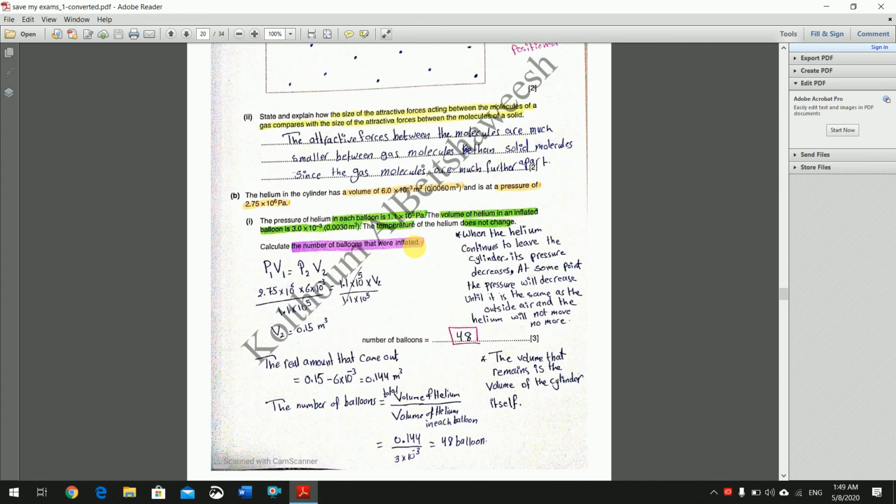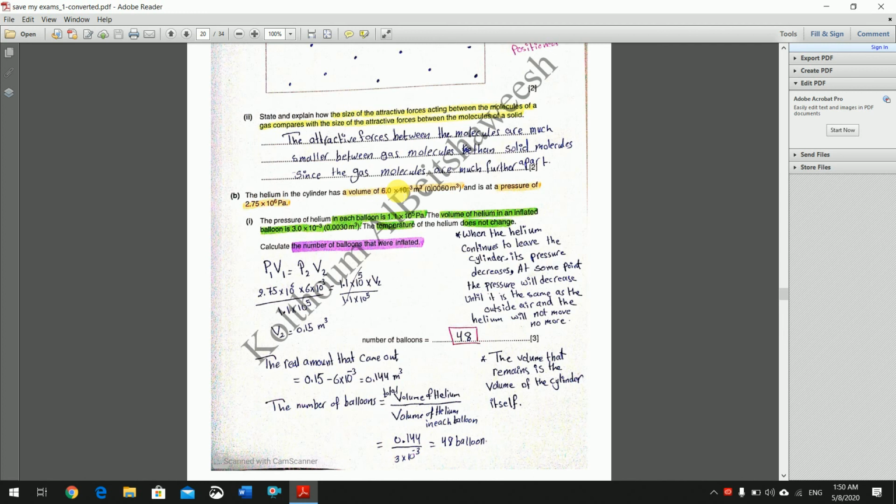Okay. Now, first of all, in order to get the number of the balloons, you have to divide the total volume of the helium over the volume of the helium in each balloon. Now, I have the volume of helium in each balloon, which is 3 times 10 to the power of -3 meter cubed, right? This is the volume of the helium in each balloon. Now, I want the total volume of helium. Is it really 6 times 10 to the power of -3? No. The 6 times 10 to the power of -3 is not the actual volume